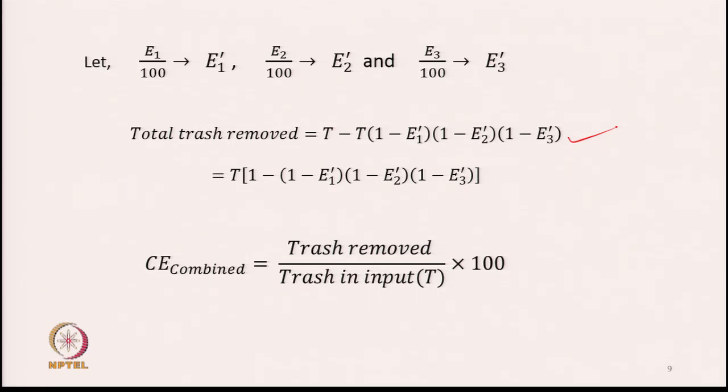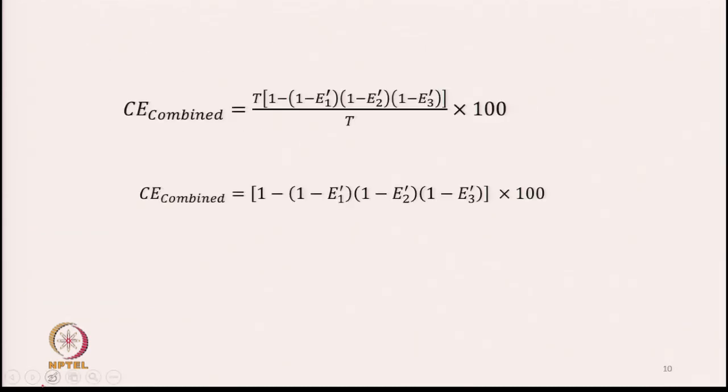It will be T minus T into 1 minus E1 dash into 1 minus E2 dash into 1 minus E3 dash, because there are 3 machines. So, if I take T common, I am left with this. This is the trash that has been removed by the 3 consecutive cleaning units. So, the combined value, by definition, is trash removed by trash input. So, we go by the same logic and we can say that the combined cleaning efficiency is going to be